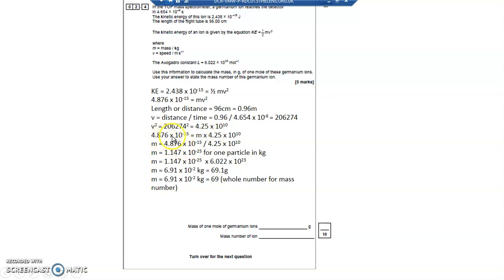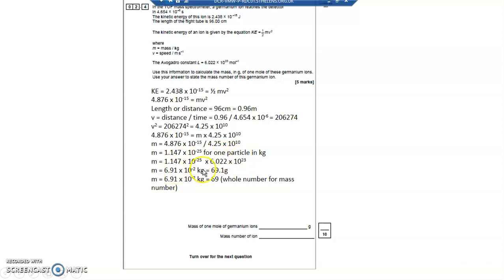So 4.876 times 10 to the minus 15 divided by 4.25 times 10 to the power 10 is going to be the mass, and it gives me the mass in kilograms. It says here the mass is in kilograms, so I've got it in kilograms. Now, that's for one particle, by the way. This is the mass of one particle. We're only talking about one particle going down the tube. So if I multiply by Avogadro's number, 6.022 times 10 to the power 23,